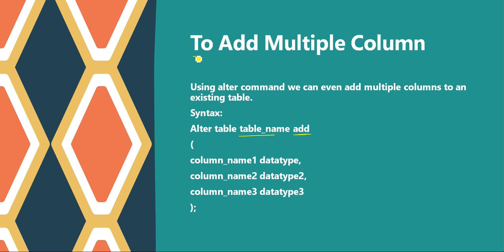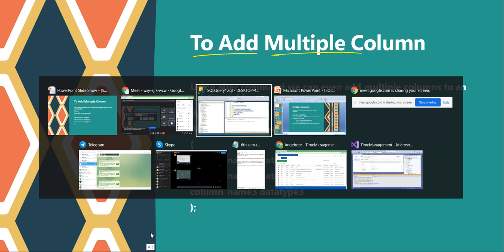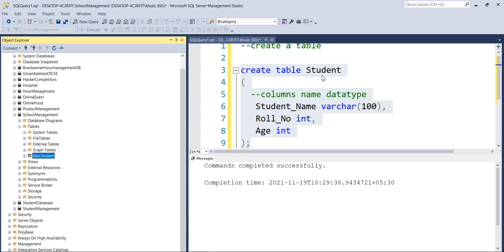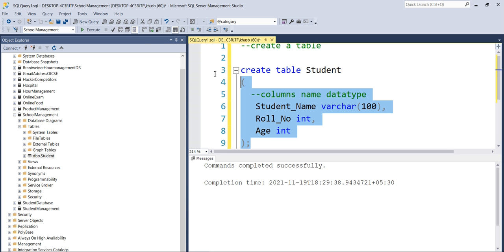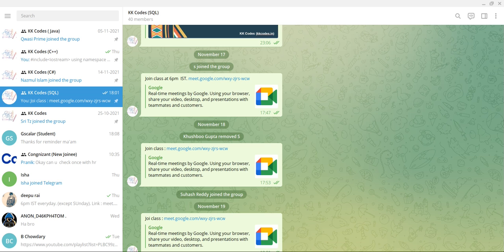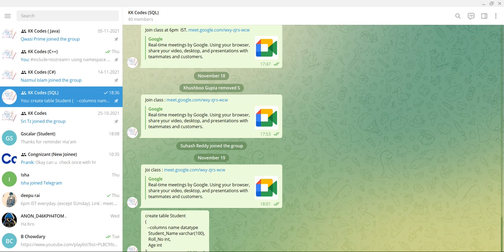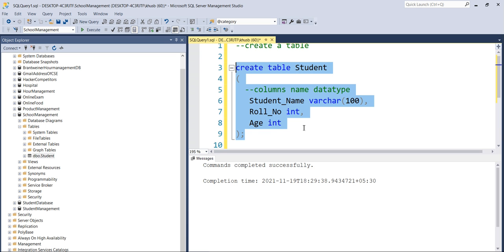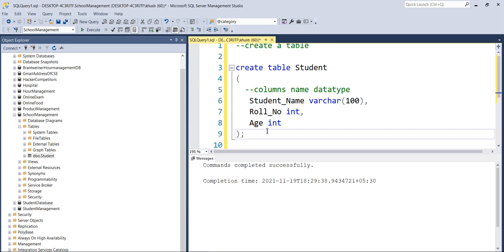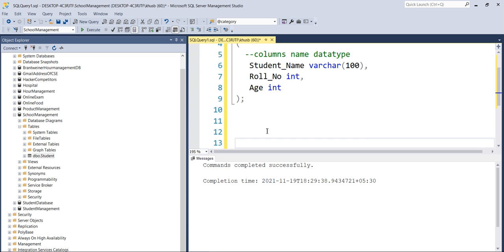Let's say I want to add one more column to our existing table. This is our student table which we have created. Now let's say I want to add one more column called address. So how can we do that?